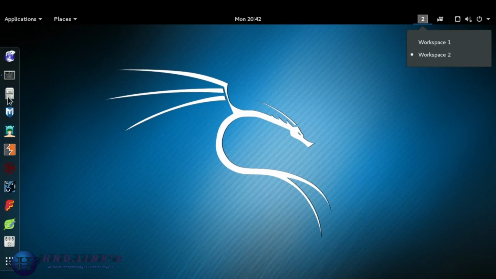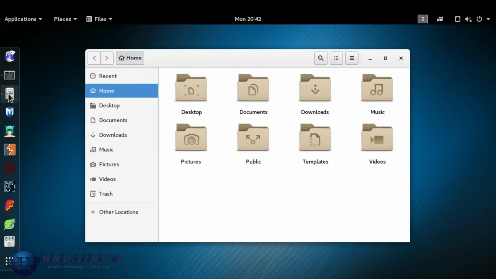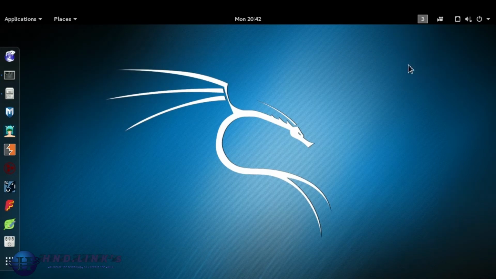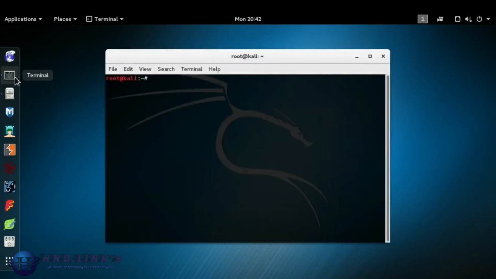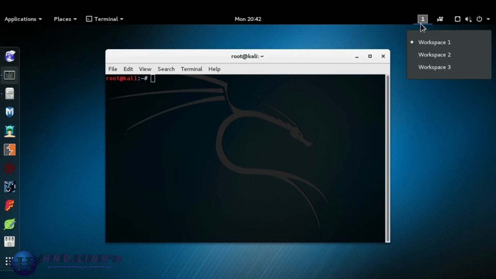If we select the Files icon and open the file browser, you'll notice that there's a third workspace that is created. Again, this new workspace is blank. If we left-click on the terminal, it will switch us back to Workspace 1, where we originally had the terminal open. If you would like to open a separate terminal in Workspace 3, first, switch over to Workspace 3,